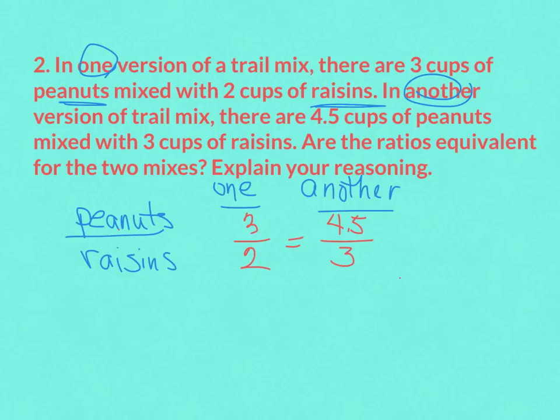So if I'm going in this direction, I want to divide, always. It's the same exact thing as that scale factor, going from left to right, multiply, going from right to left, divide. So if I did 4.5 divided by 3, I personally really like to think about this as,